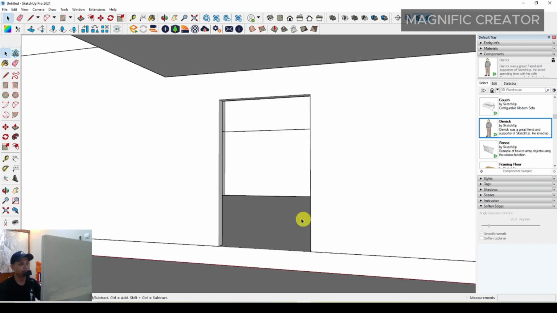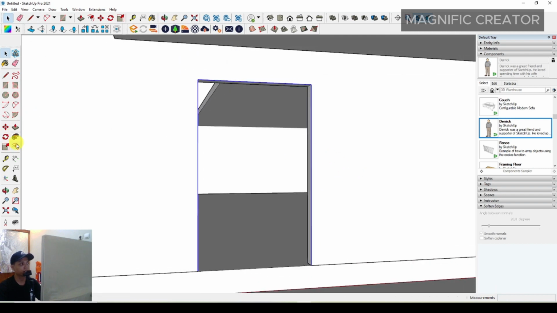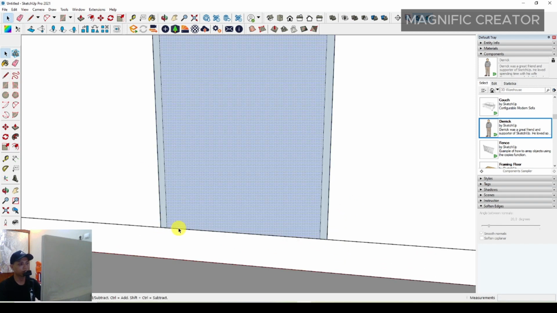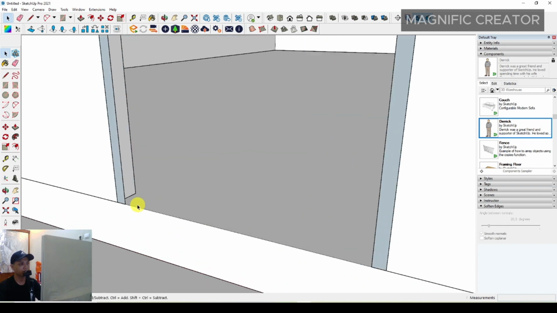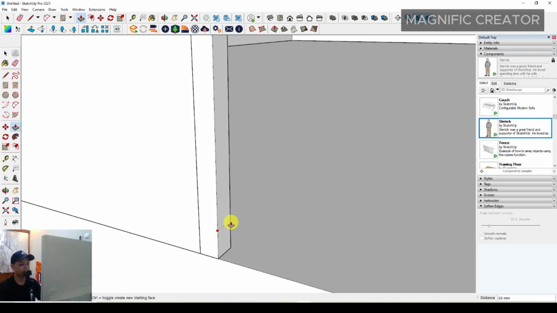Then after that you have to make a door frame, something like this. Just follow the opening of the door, and offset it on each side. It's around maybe 60 millimeter. Then you have to complete the door frame, something like this. Then push it back for the frame width, around